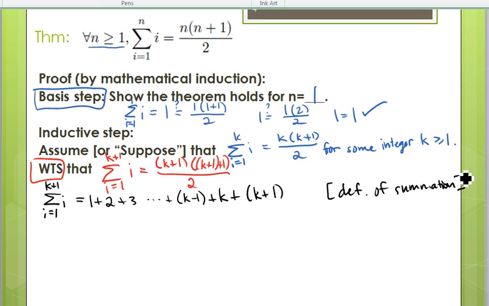Okay, now I wrote the terms 1, 2, and 3. It may be that 2 and 3 are not really there, because it could be that our k just is greater than or equal to 1. It could be k is 2. But we'll just write those out to kind of show what we're thinking. I do want to make the point that we're not saying necessarily that 2 and 3 are in there, because they may not be. But okay, so what we can say though is that